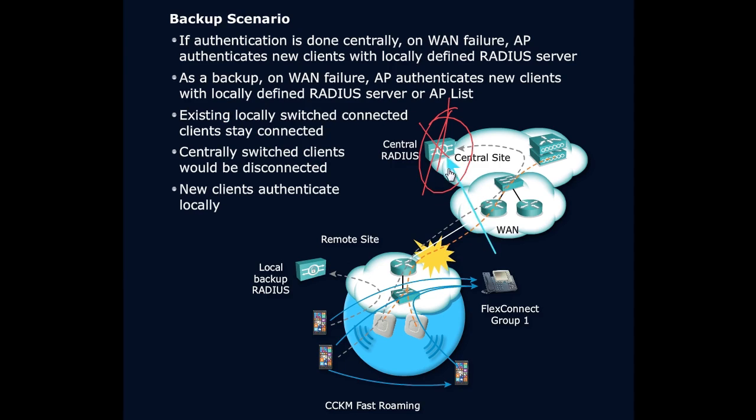When we have a failure right here, what happens is we have a secondary backup RADIUS server in our site. Now, many of you might not have that ability, so it's something you're going to have to plan out, whether you're going to go with some type of local RADIUS server or not as a backup. Now, existing locally switched connected clients are going to stay connected, and again, they're going to stay connected as long as there isn't a security request. If there is a security request and we do not have a backup RADIUS server, those clients will lose their connection to their APs. But if we do have a backup RADIUS server configured and there is a security or a lease timeout, those clients will be able to maintain